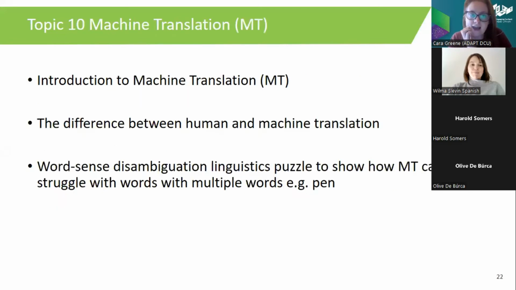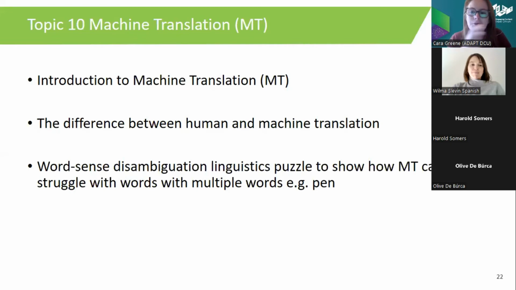And then finally, one of the research areas from our research center in ADAPT is machine translation. So again, it's something like Google Translate, but better. It's like the difference between human and machine translation, looking at the biases that we bring into machine translation as humans. We all have this inherent bias, and this comes through. So it's about showing the students the difference between human and machine translation, and also that your teacher knows when you use Google Translate for your homework. That'll be an interesting one for them to look at.